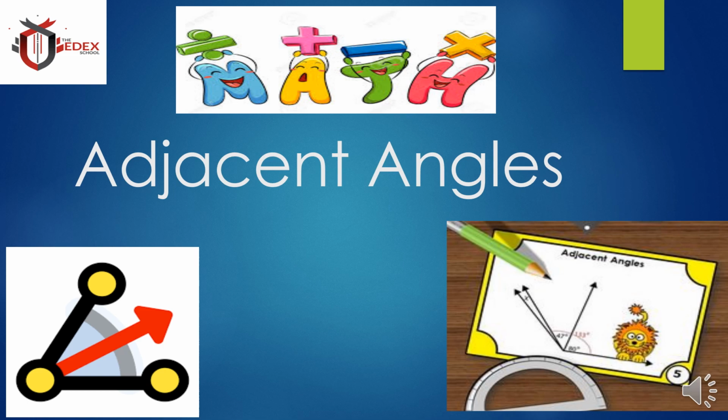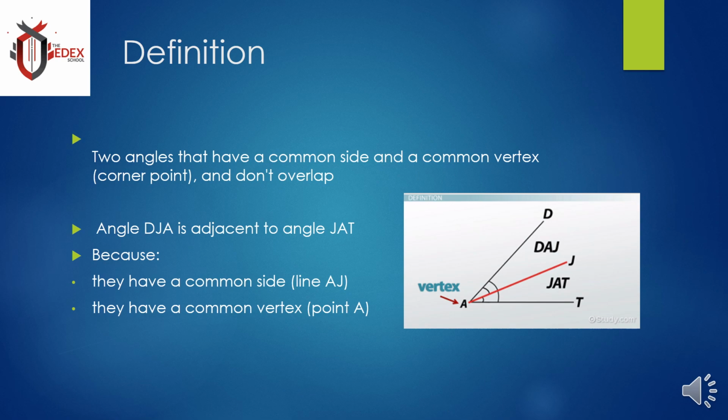Today we will talk about adjacent angles. Let's start with the definition. Two angles that have a common side and a common vertex, corner point, and they don't overlap. Like you can see in the figure,